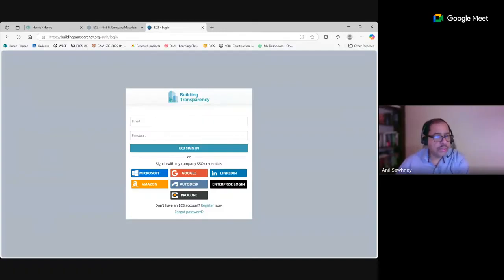Maybe I'll log out. So EC3, which I believe is embodied carbon in construction calculator, therefore EC cube or EC3. It's by an entity called Building Transparency. Building Transparency was started at the University of Washington, Seattle, and got a lot of support from the industry, including Microsoft, Amazon, Skanska, some construction companies. And it was then